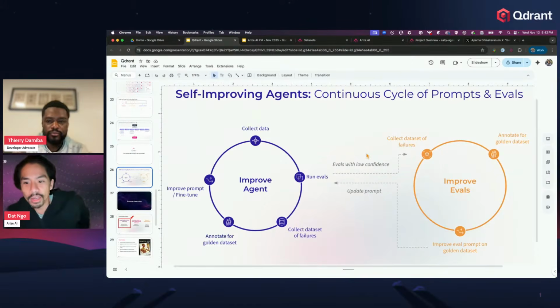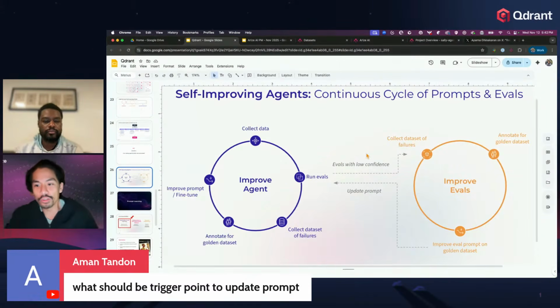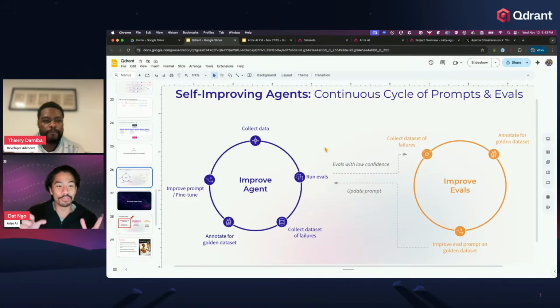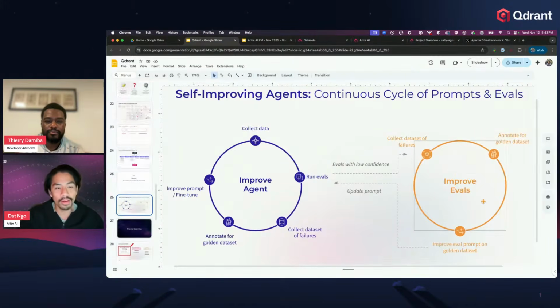That's a good question. Aman asked, what should be a trigger point to update the prompt? It's a good question. Generally, it's a couple of things, and it's also a very loaded question. So in our world, when should you update a prompt? I think if you're noticing that your evals are not doing the thing you want, right? If you have evals and you know some part of the system is broken, maybe we should go update the prompt if we think that would solve it, right? There are some things that the prompt can't solve, which is